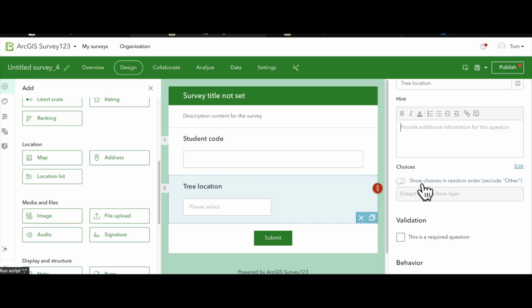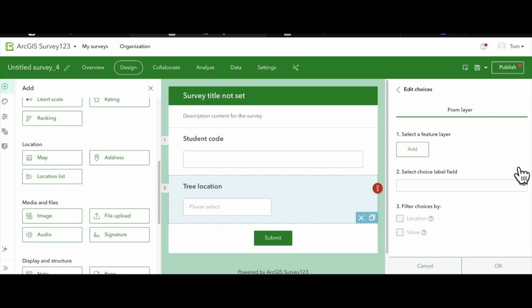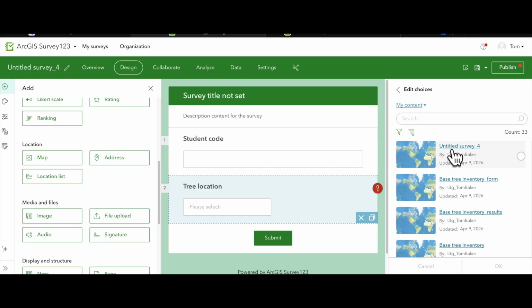Under choices, we're not too worried about them being random, but if I hit edit and I go to select a feature layer and I hit add, I should hopefully see my base tree inventory, and what I'm looking for is the results layer. It's very important because there's two. There's a form and a results, and we want that results layer,